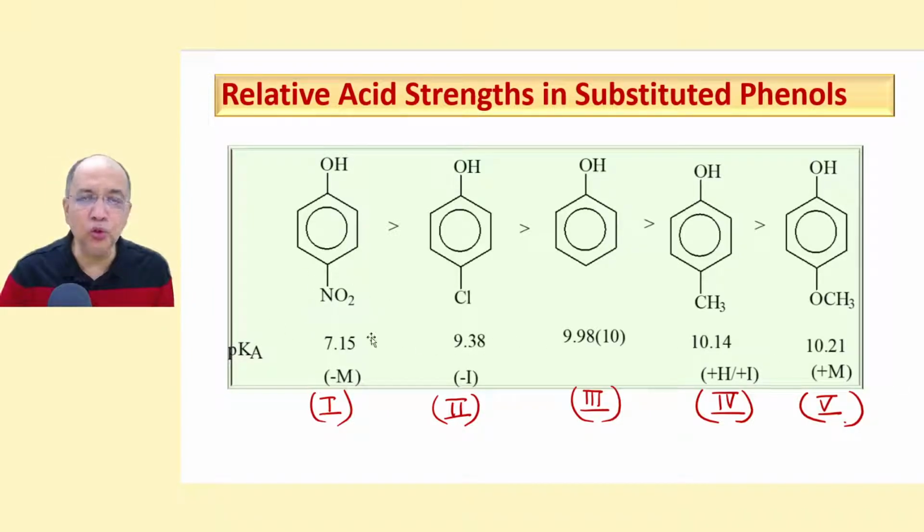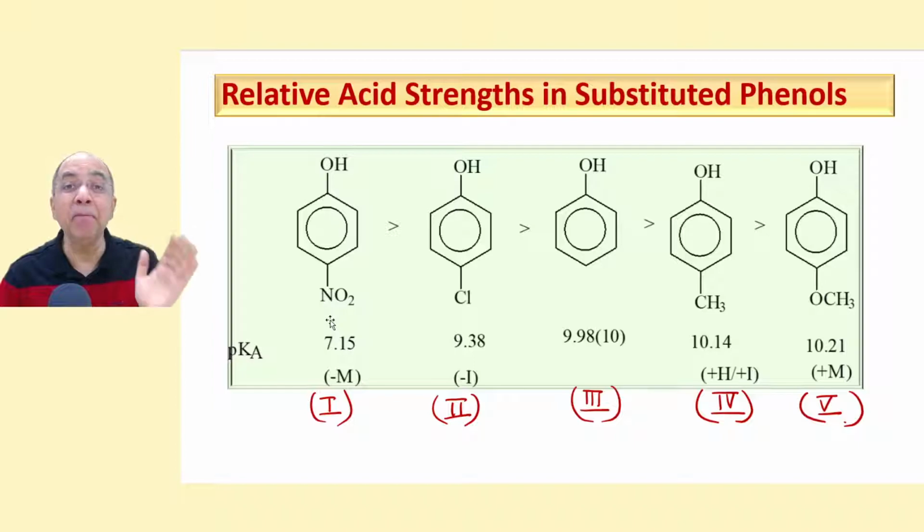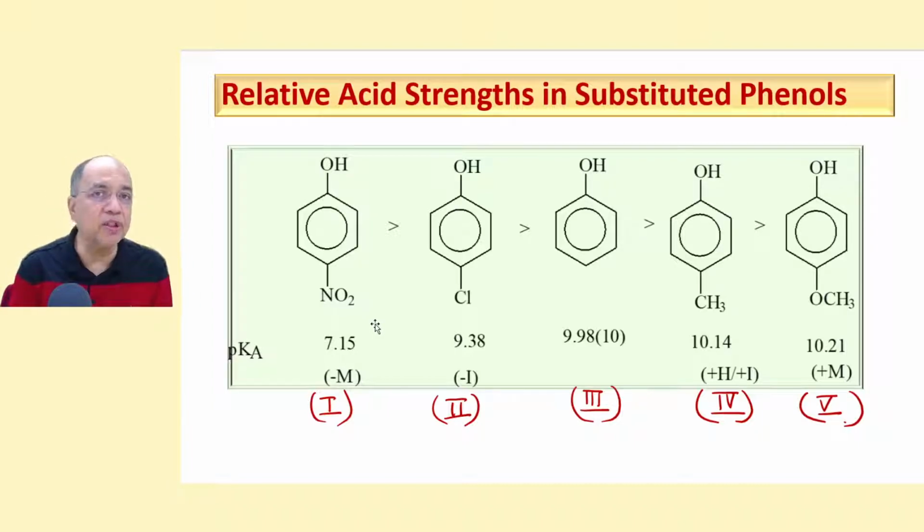Because this NO2 is a minus M group, I will be saying M instead of R in the entire lecture. A resonance effect, I will not call R effect, I will say M effect, because I like M. You can call it R effect, but I prefer M. R is a confusing term because R is also written for alkyl group. So why use it two times, one for alkyl group and the other for resonance, which have nothing in common.